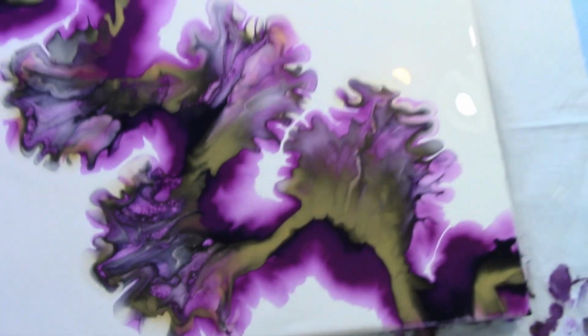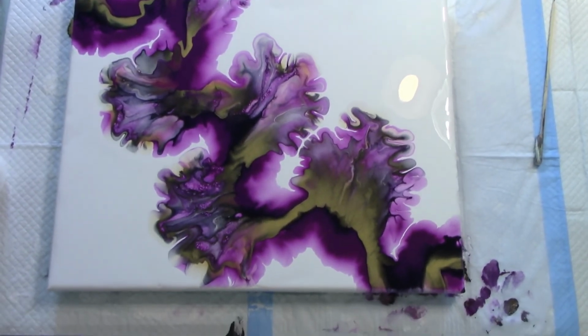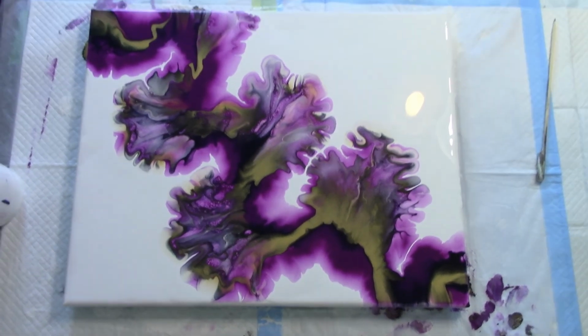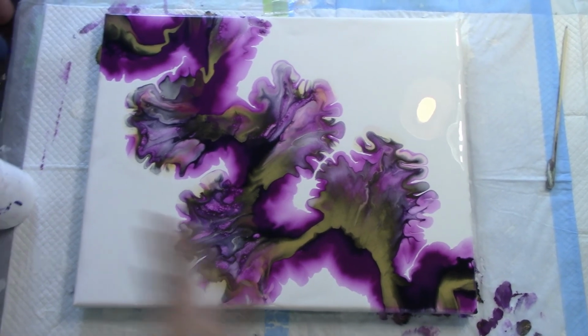Do you think this is as pretty as I think it is, or would you have preferred to see some different colors? All right, well, this is our painting for tonight. Again, a 20 by 16. I laid it vertically,